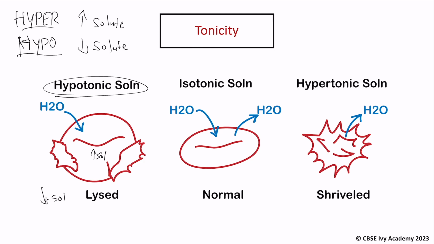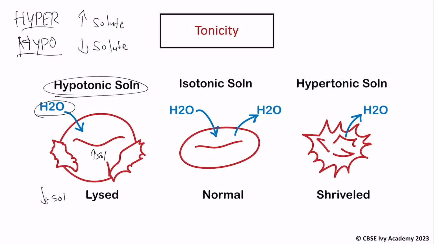What will happen? Well, water is going to flow in, and it's going to puff up. For example, in the context of a red blood cell, it's going to puff up the red blood cell and it's going to cause it to lyse. That's why it's dangerous to create a hypotonic environment within blood cells, because then your red blood cells will just lyse and you won't be able to deliver oxygen to your tissues, and that can be a very fatal state,